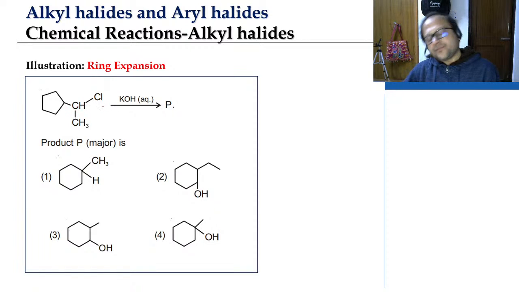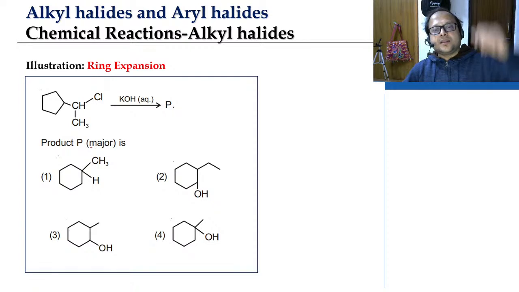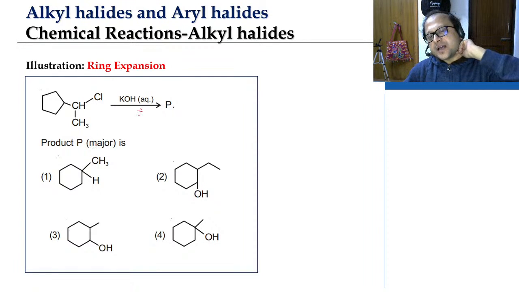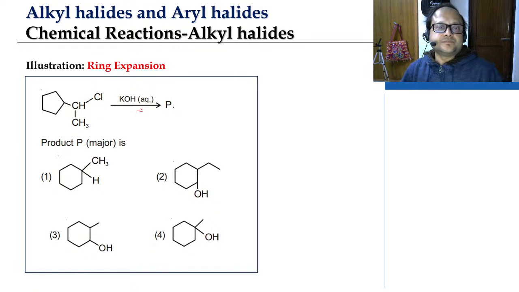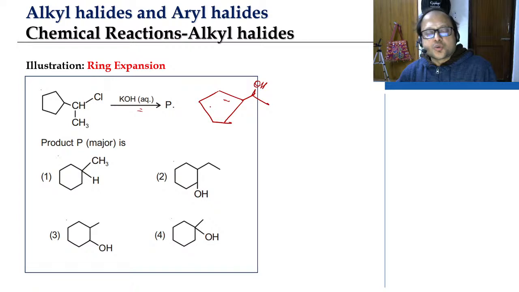What do we have? We have this with alkoxide, and what is going to be your major final product? Since it is an aqueous condition, this chlorine will be replaced, and there will be a positive charge on CH. So what is going to happen is, in the presence of aqueous KOH, protonation is going to take place,